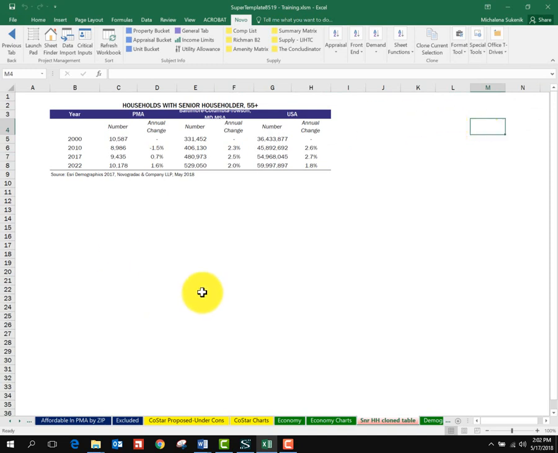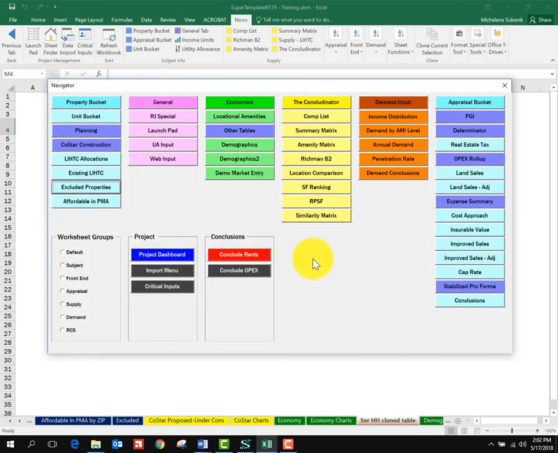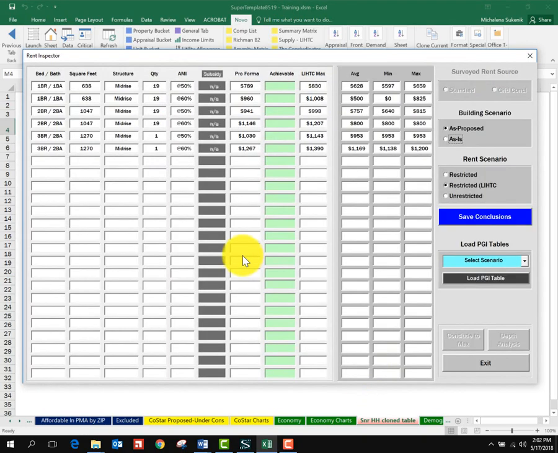All right, so let's go back to the conclusions on the Sheet Finder, because I do find this very helpful and useful and want to walk you through these. And I'm not sure how many of you are using this or going directly to the sheets. So if I go ahead and